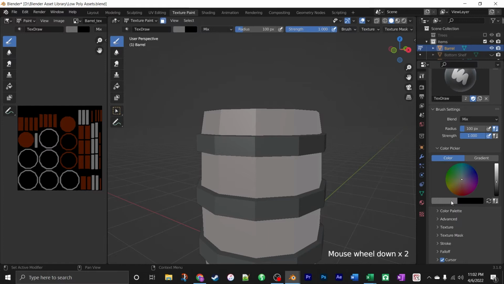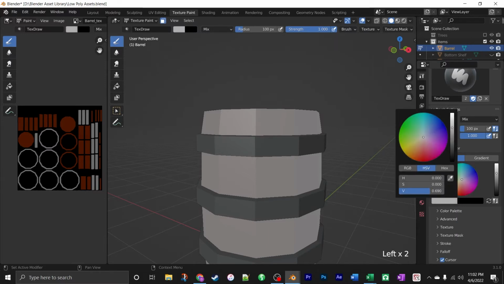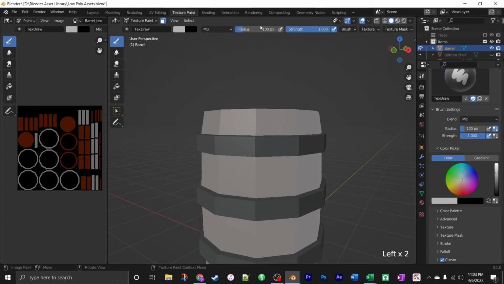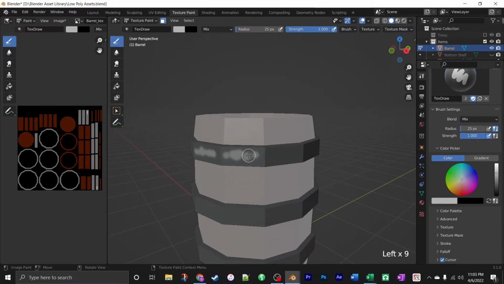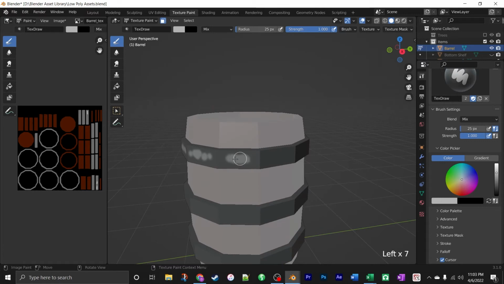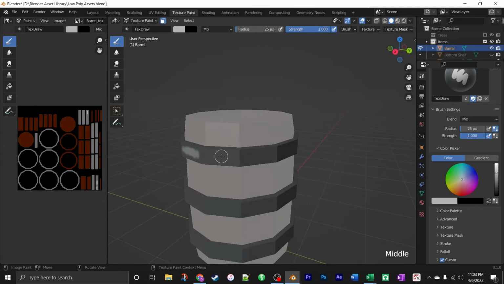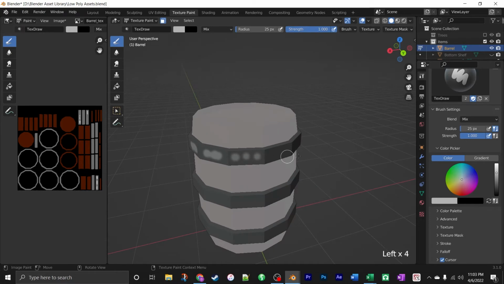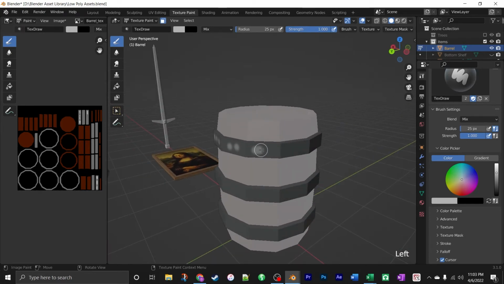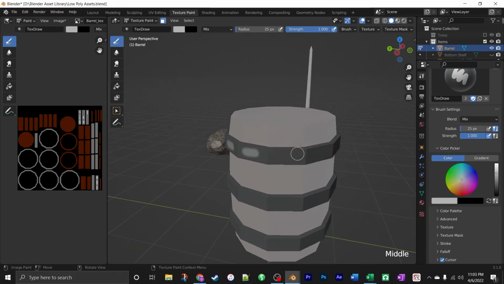So let's change this color. Let's brighten this up a little bit. And let's make this a little bit smaller, put this down to like 25 for the radius. All right, and now let's just dab some bits of color in here. It doesn't have to be anything precise. We're just dumping basically some dots of color into the middle of each of these faces. And you can vary it up because we're going to want to see how this will play out with different